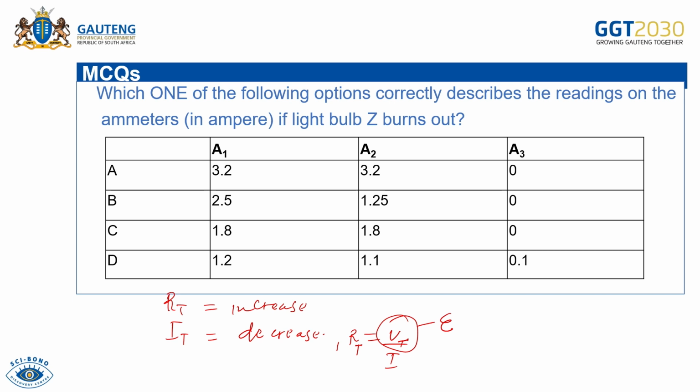The EMF of the battery remains the same, that is the total potential difference, over the total current. So at constant EMF, because we are not changing the number of cells, there are still 2 cells, the EMF is still the same. So at constant EMF, if R total increases,